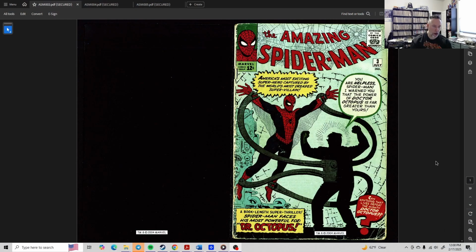Oh, one more thing. Let me get back to the beginning, because I forgot to comment. So I started at the beginning, and I talked about the green outline. Now, that could just be done to help pop it, to make it more visually exciting on the newsstands. There's a little bit of green in this glove here. As I mentioned, today we think of Doc Ock wearing green. He wears green all the time. But in this,